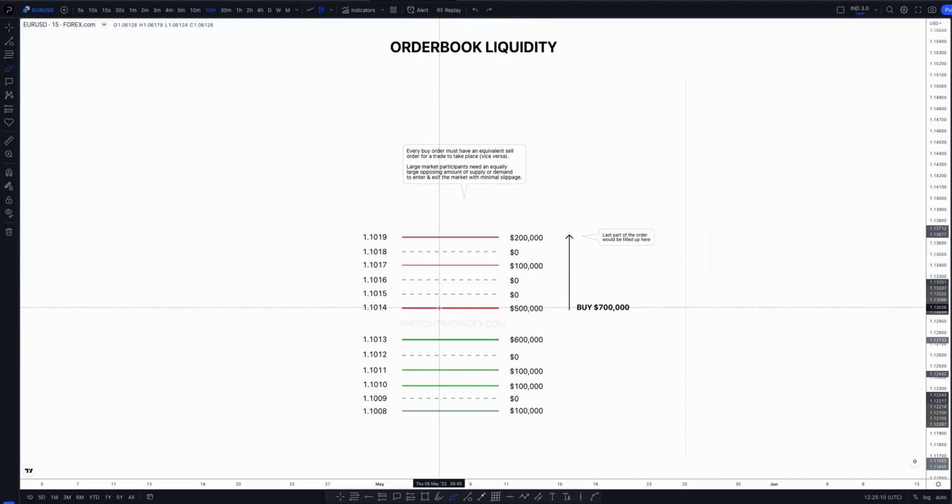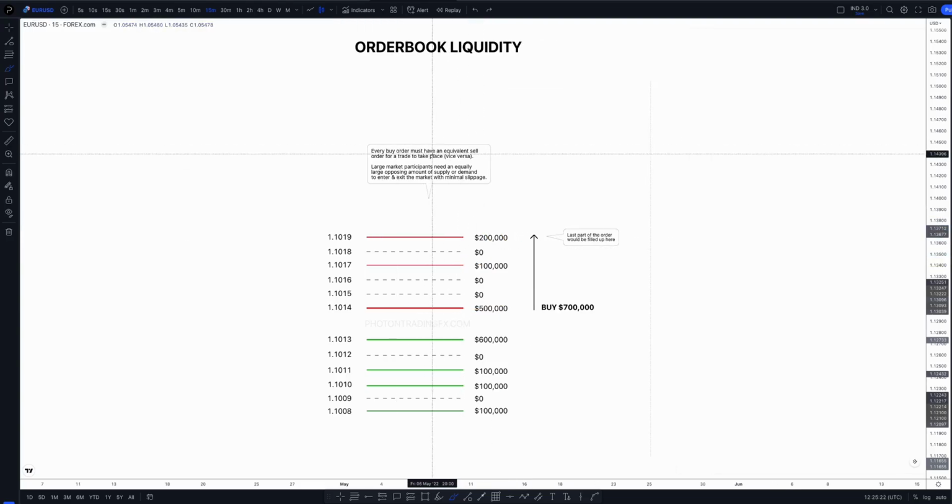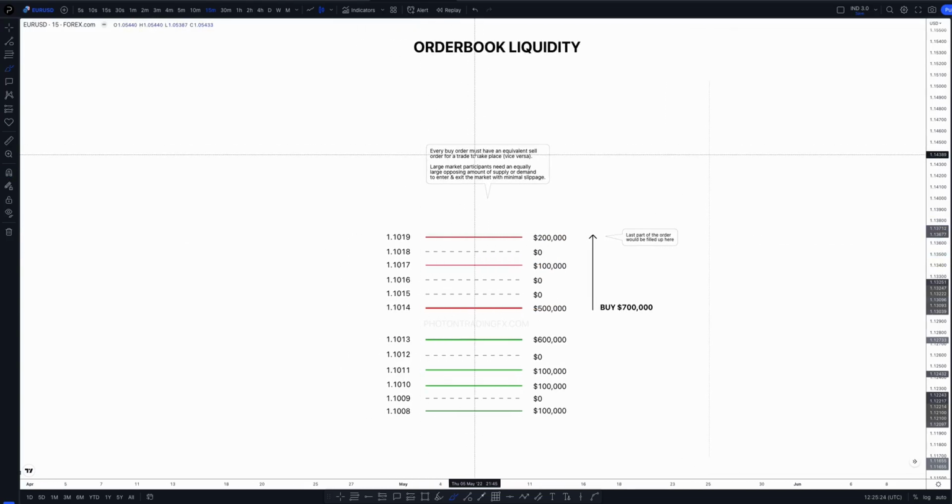So if you're a big market participant, you want to reduce that as much as possible because you want to get filled at the best possible price, right? Ideally, there's at least 700,000 here for your order. So when you get in, you're in with your entire position here and not some of it scattered all the way up here, right? So that's why we say for every buy order, it must have an equivalent sell order